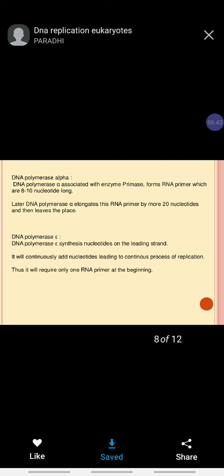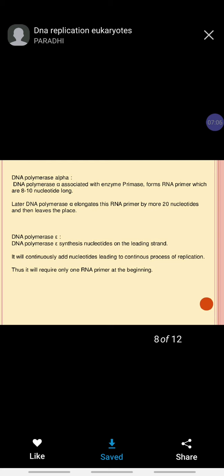Means after the synthesis, the primer gets attached with the complementary strand at the 3' or 5' end of the DNA. At that time DNA polymerase alpha can synthesize the particular DNA up to 20 nucleotides long